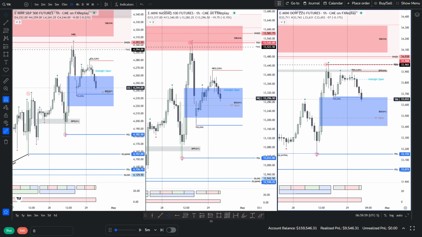However, what I will add is number 4. If the market was to find support from the BISI H1 and then displace higher, if we see low time frame cracking correlation at an aligned H1 imbalance, this could set the stage for higher prices. And that would be the only way we'd be able to take a trade from here.